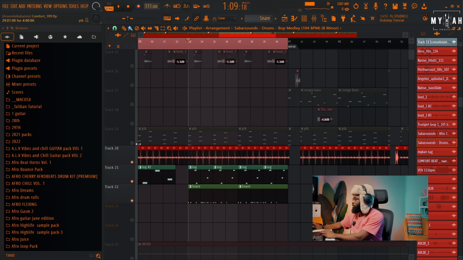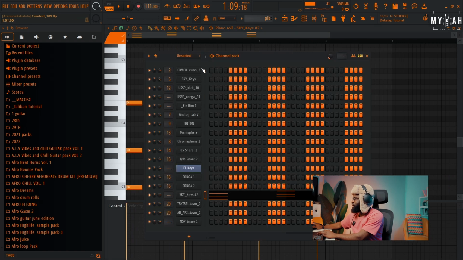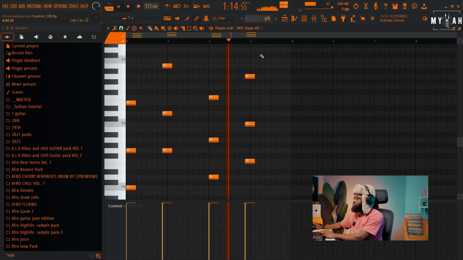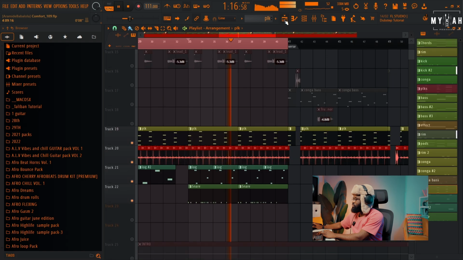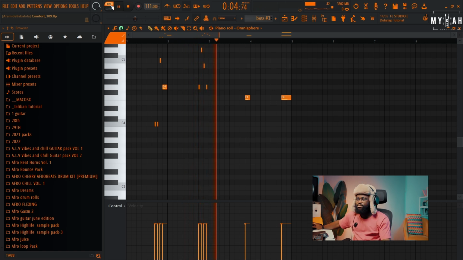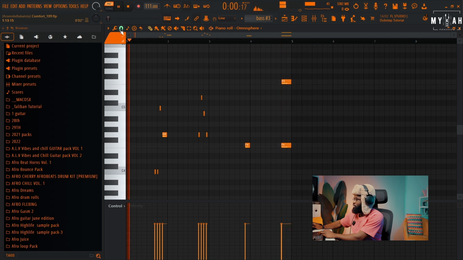Then we have this pluck. This pluck is also from Sky Keys. Yeah, it sounds like this. One of the bass, Omnisphere. Yeah, just something simple. Nice. So together,